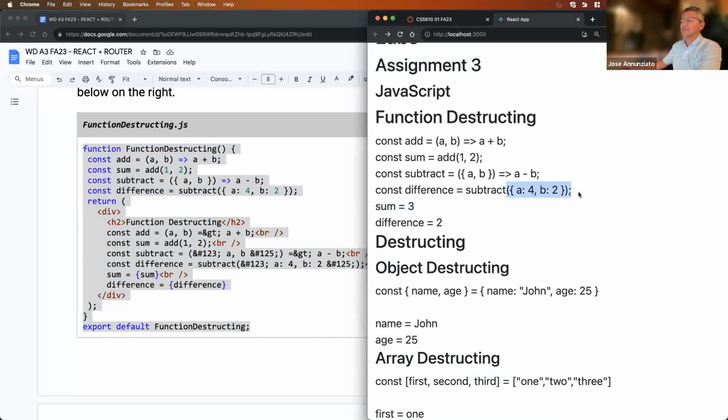Or here we're passing instead the A and B, which are then destructured into the new variables A and B, and then subtracts them, and then you get the difference of 4 minus 2 is 2, what you would expect. Okay. So anyway, that syntax right there, we're going to use that syntax a lot this semester. So all these exercises are meant for you to practice these small little skill sets, of understanding them in